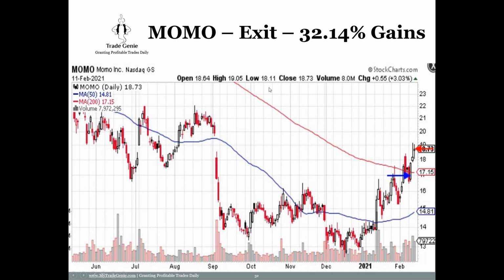the third day. On the first day we missed the move. We did not exit, and it pulled back like this, creating a negative, not a good bar, not a good candle. On the third day, when it went up and hit the same resistance, we got out at a 32% gain. The gap is not completely filled. The gap is at 20. It did not get filled. So exited Momo at 32.